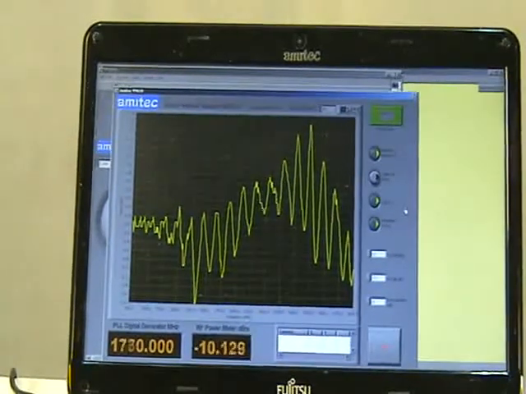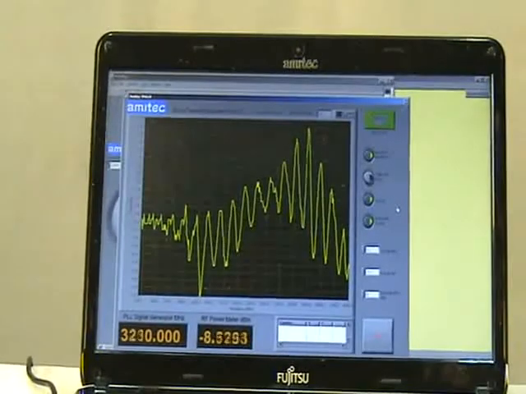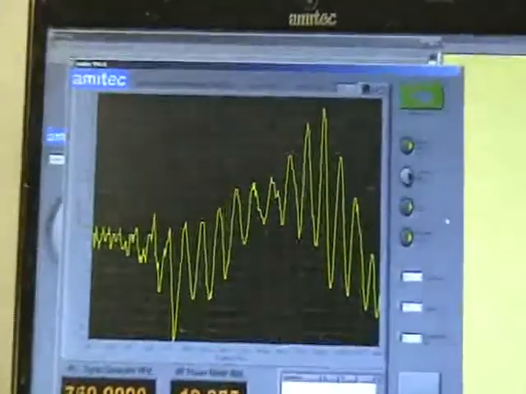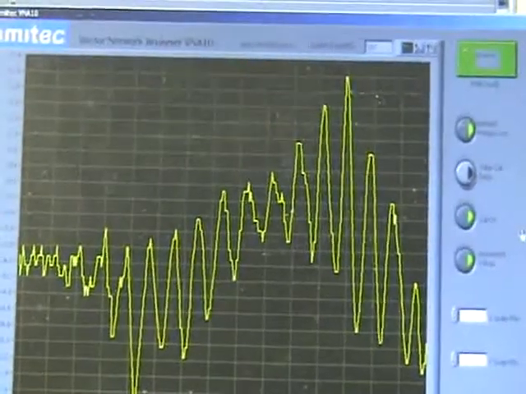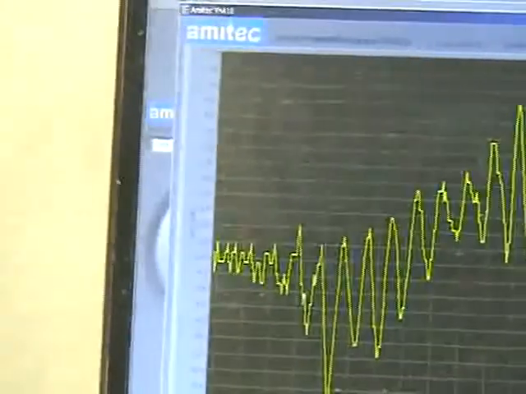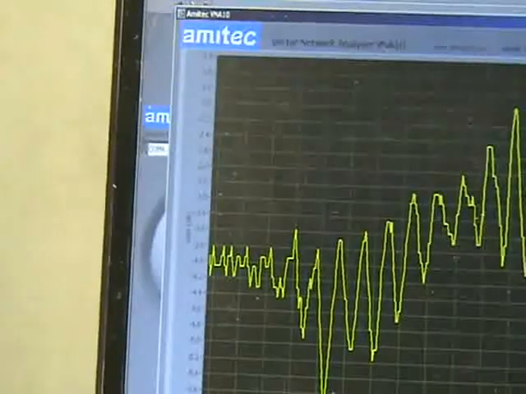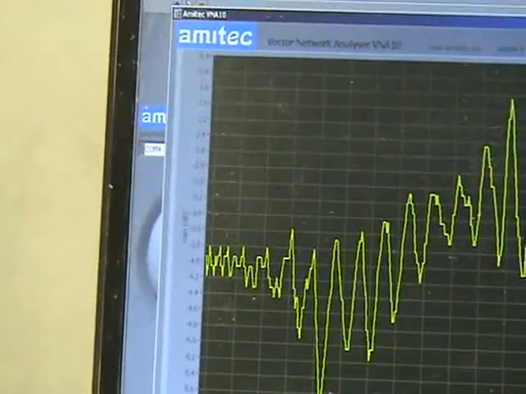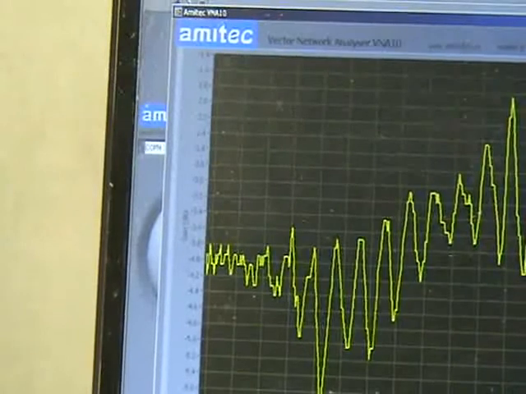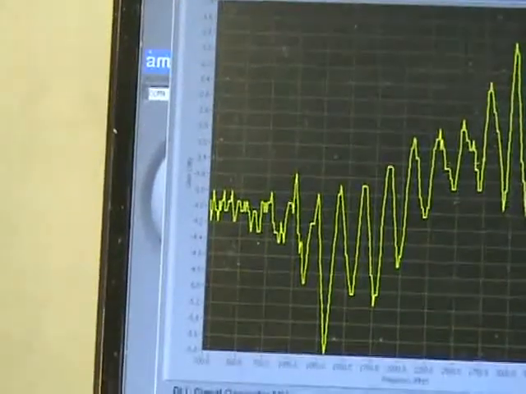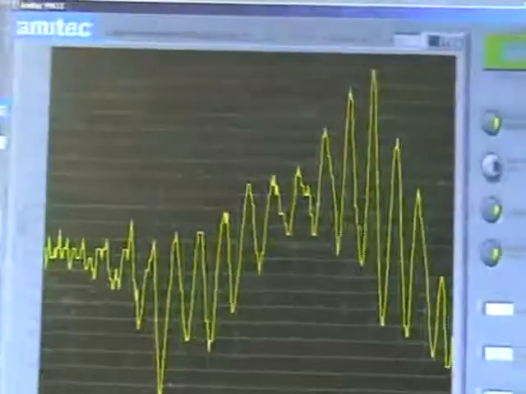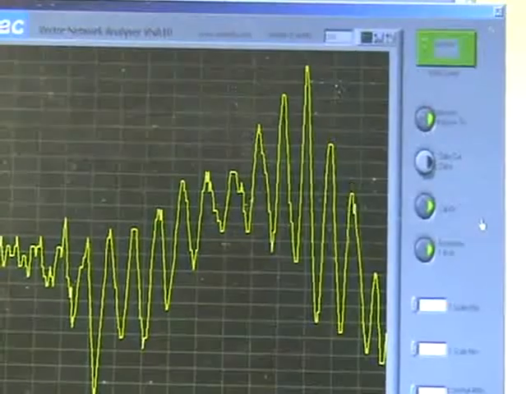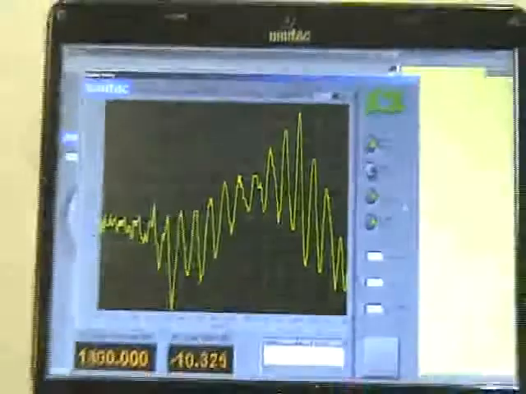So we can find out that the system has got a 3 dB loss at 3 gigahertz, and the loss varies from up to 4 dB at different frequencies. So the same can be used to do the measurements of different microstrip components, and S12 can be measured up to a dynamic range of 70 to 80 dBs.